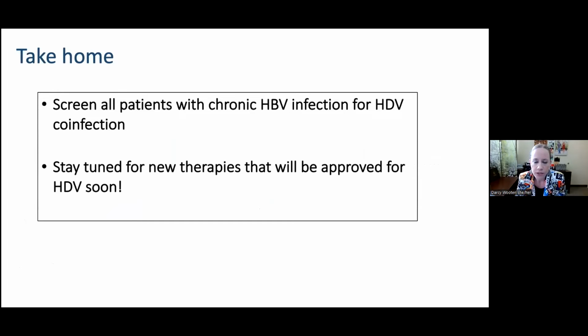Unfortunately, bulevirtide was just reviewed by the FDA and kind of got killed in committee. So I don't know what the future of it's going to be, if they're going to wait for more data or look at it with dual therapy or additional agents, but hopefully it will become available soon. It is currently available actually in Europe. So we hope to be able to have it and other options here soon.